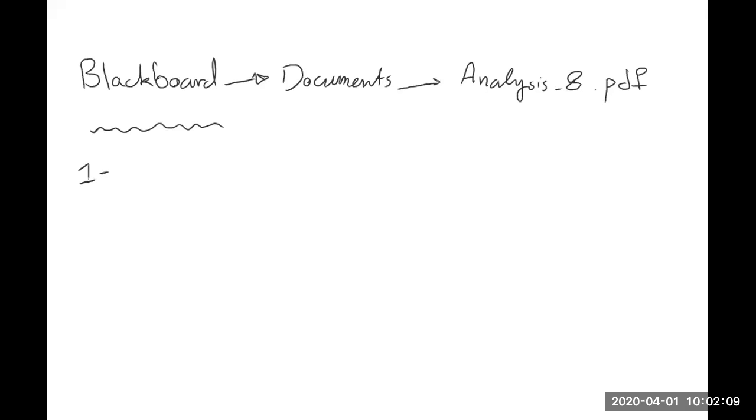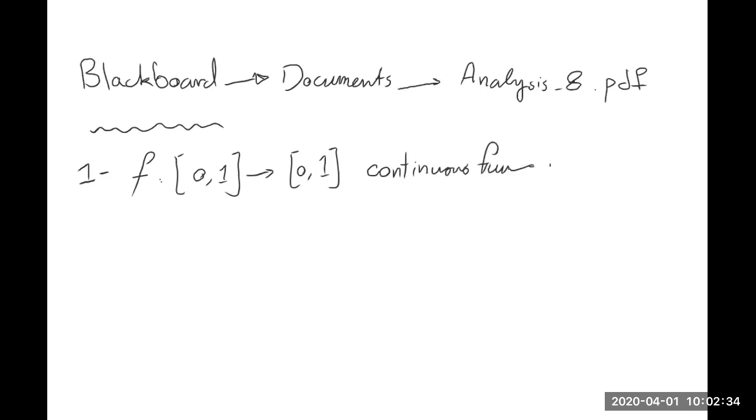So the first question is: we have a continuous function f from an interval, say 0 to 1, to itself. Then this function is a continuous function, and we want to show this function has a fixed point. F has a fixed point,